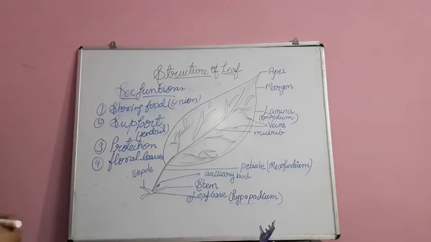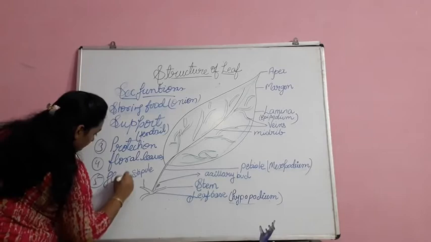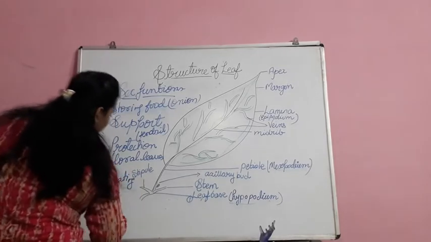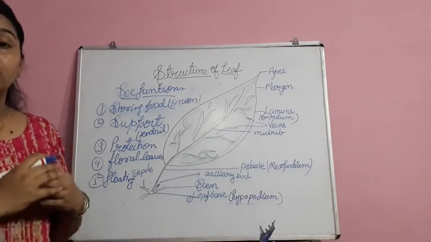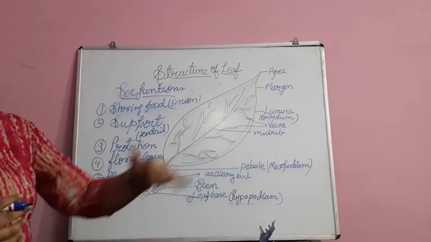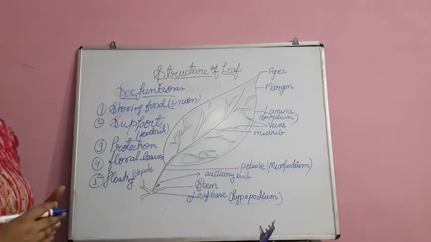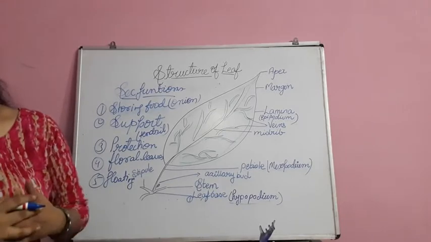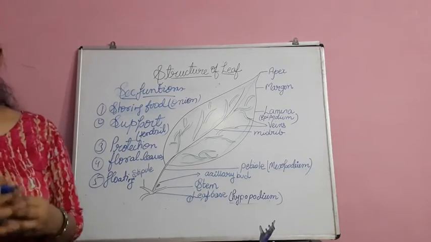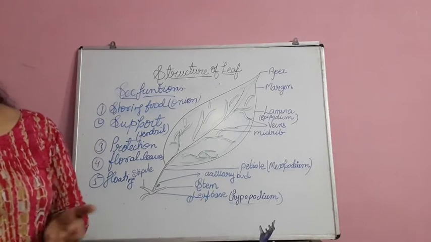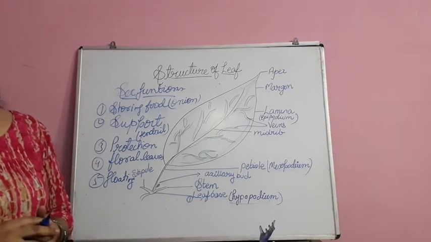Next you can see the floating one. In floating plants, the aquatic plants also get a waxy coating, and this waxy coat helps them to float on the water surface. So these are some secondary functions of the leaf which have got modifications so that they can do a better performance to save the plant and to complete all its life activities and life processes.